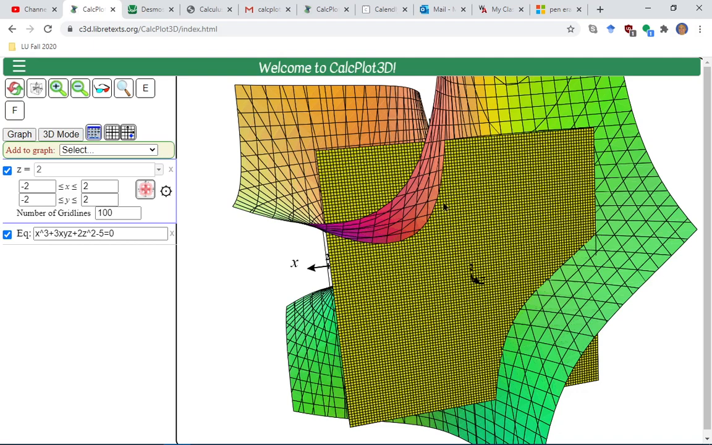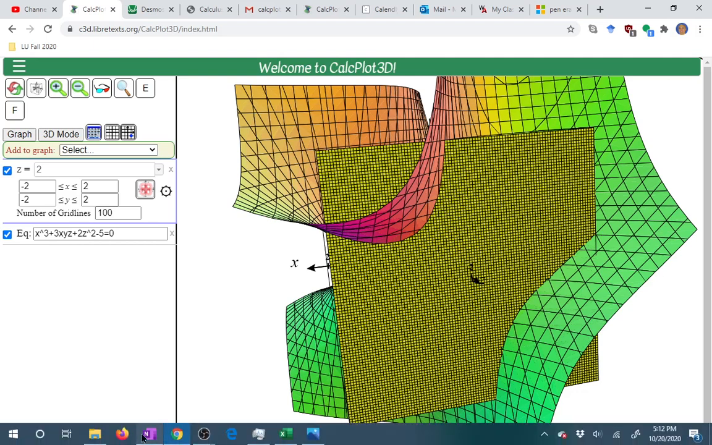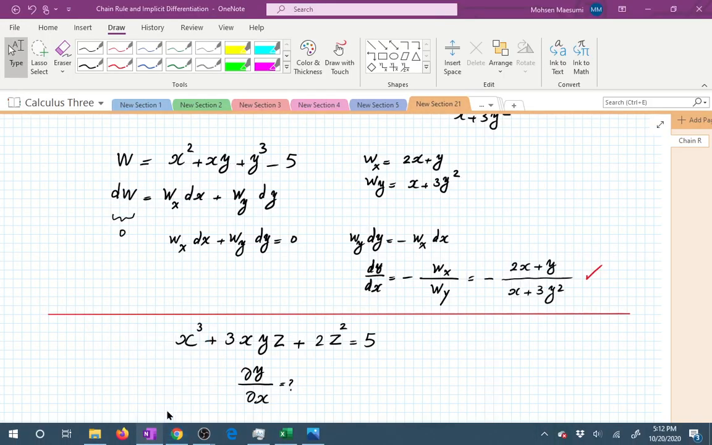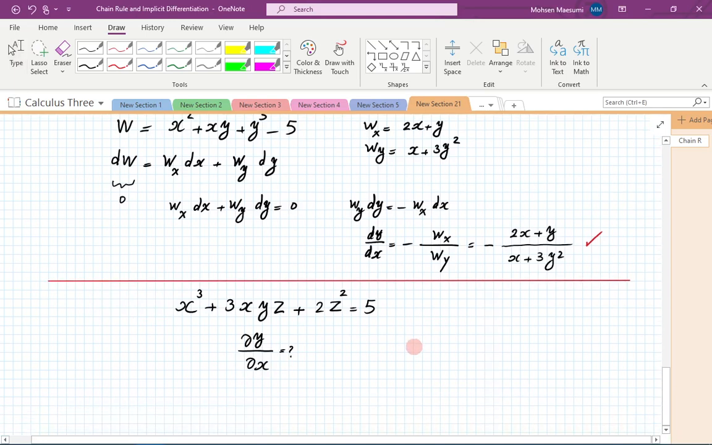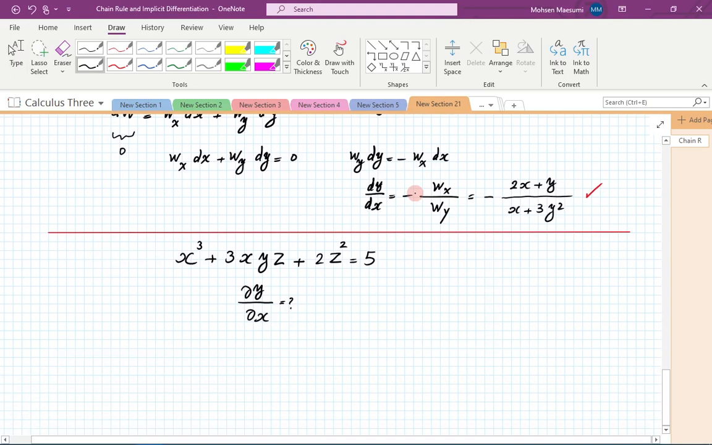Visually it's a simple idea. As far as algebra is concerned, it's a bit convoluted. So what do we do here? It's very similar to what we did in the previous case. If you want to find the partial of one variable with respect to another variable,